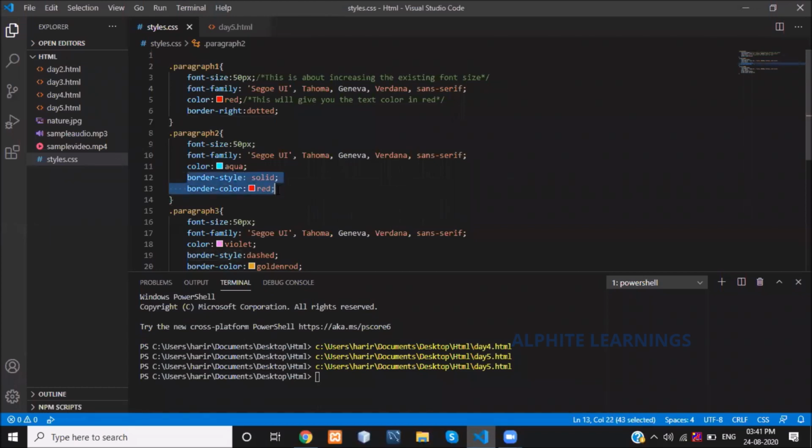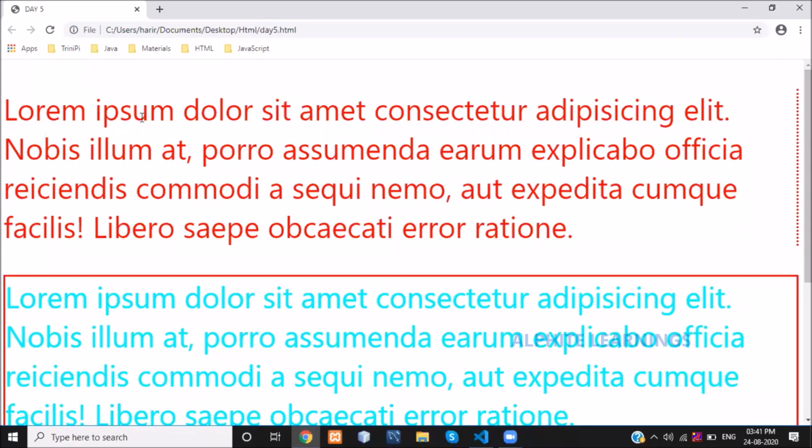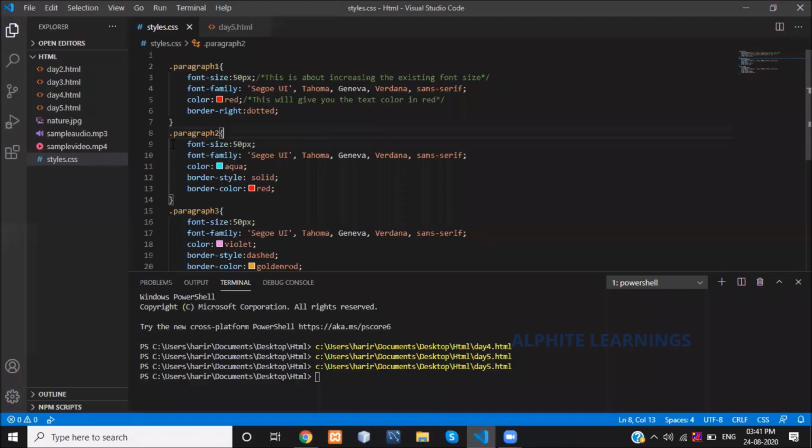This is all about adding a border in a specified location. Location is nothing but whether top or bottom, left or right. This is all about adding the border in a specific position.